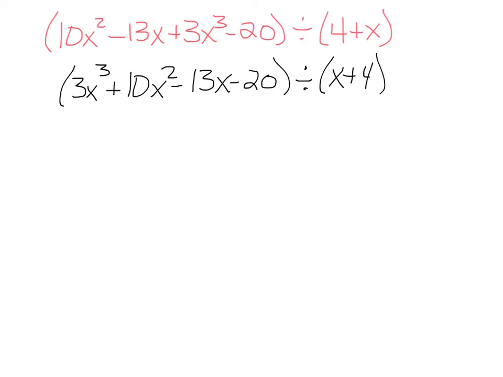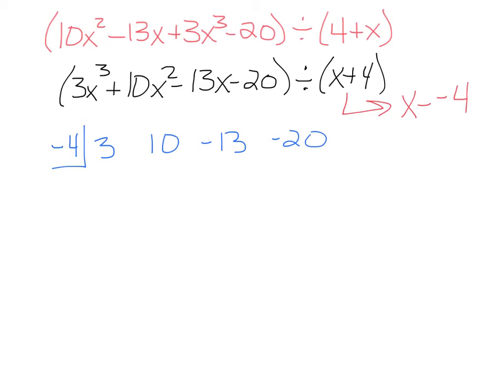Okay, now remember, when you're doing synthetic division, you need to have x minus some number. So we're going to have to rewrite this as x minus a negative 4. That way we'll use the correct numbers when we set up. So it's really a negative 4 in the box. We're going to take the coefficients, 3, 10, negative 13, and negative 20,